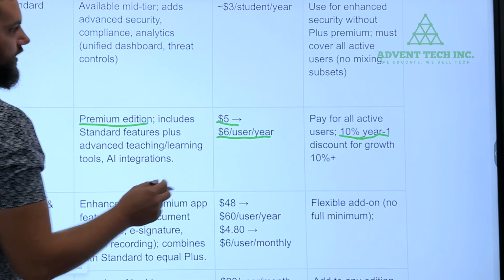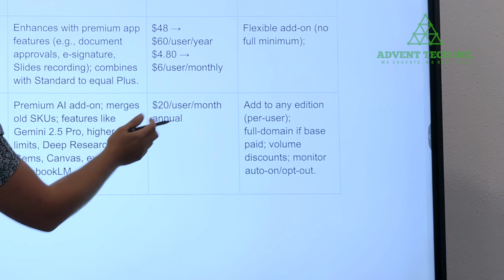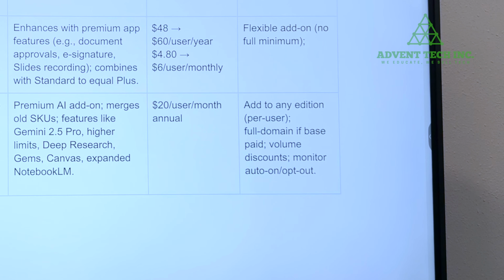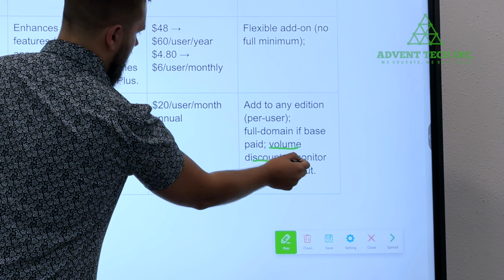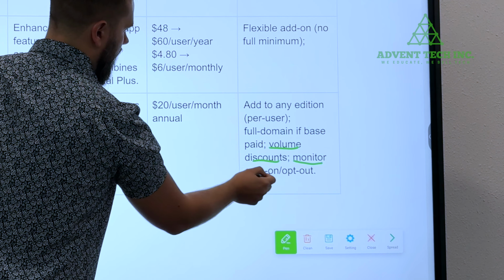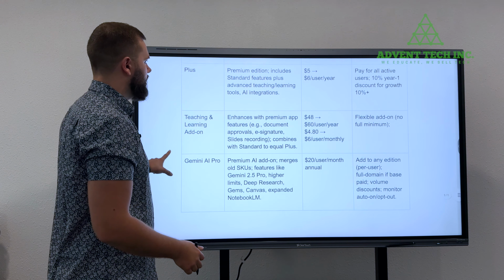Now Gemini for Education is included in all your licenses, and the add-on for Gemini AI Pro will be $20 a month. You can add that to any edition per user, full domain if base is paid. They will have eligible volume discounts, and then you will want to monitor the auto-on opt-out policy. So Gemini for the licenses will be automatically on. If that's not something you want your students using, make sure you go in and turn that off for Gemini